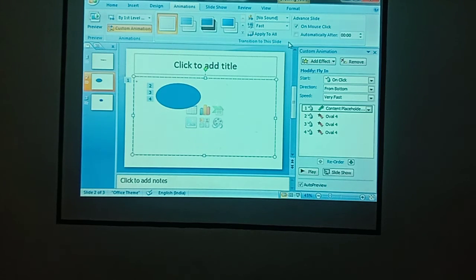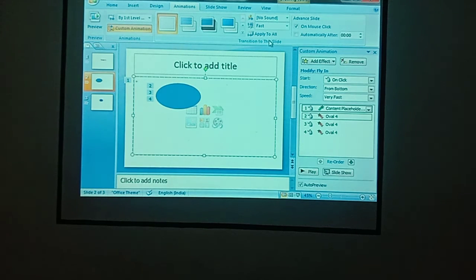Next, if you want to remove the slide transition in your presentation, first click on the slides tab that appears on the left side of your slide pane. And again move back to the animation tab. There will be the no transition effect. Click on that. After clicking, you just click apply to all. So it will remove the slide transition effects that were applied to your whole PowerPoint presentation.